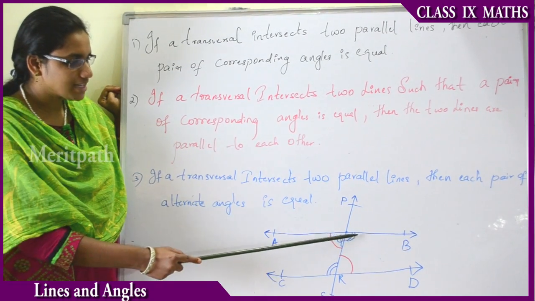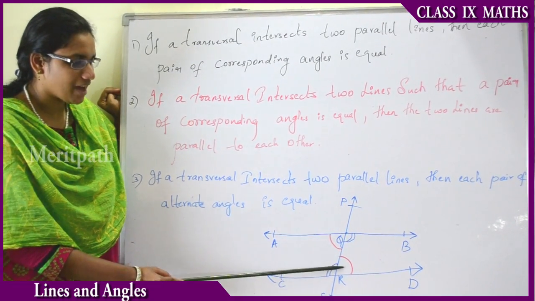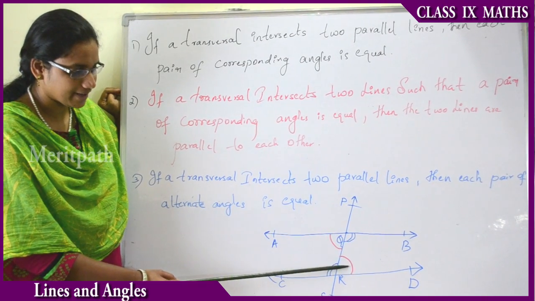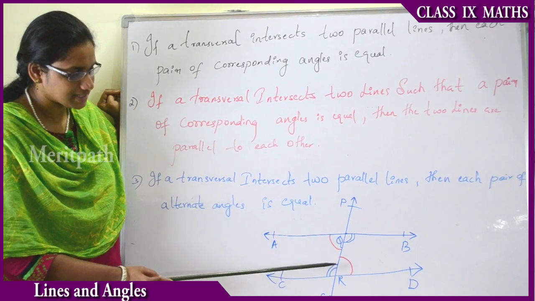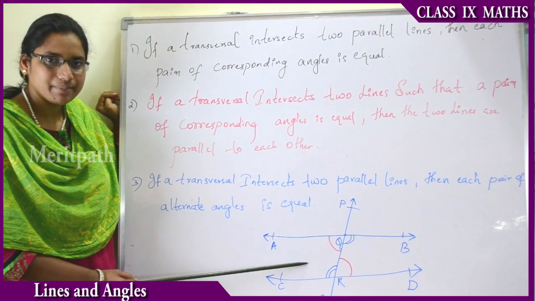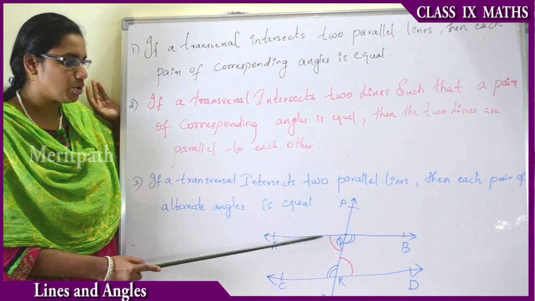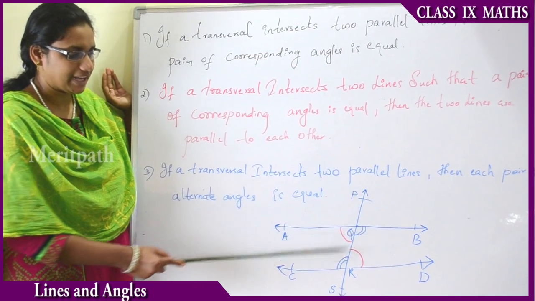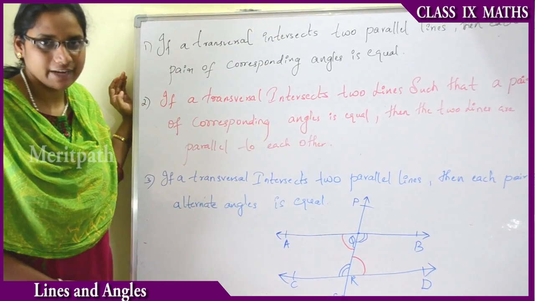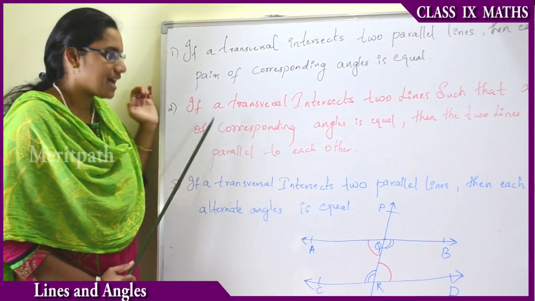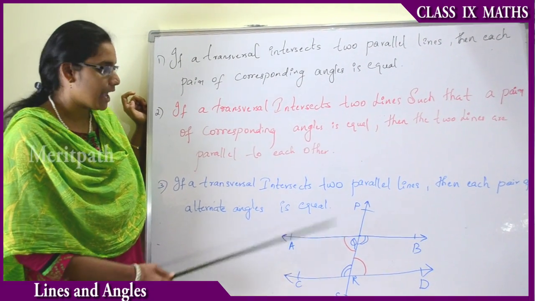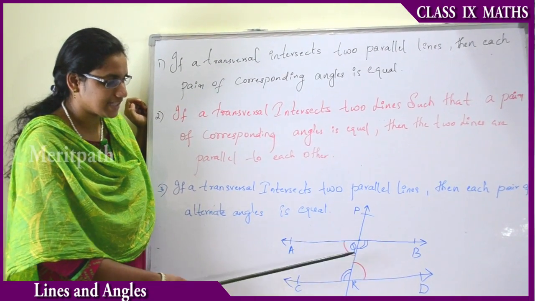That is, the corresponding interior angles are equal. See, I have marked in red that these two angles are equal and these two double-lined angles are equal. That is the statement we derived: when a transversal cuts two parallel lines, the corresponding angles will be equal. And vice versa, the statement is as shown: if a transversal intersects two lines such that a pair of corresponding angles is equal,